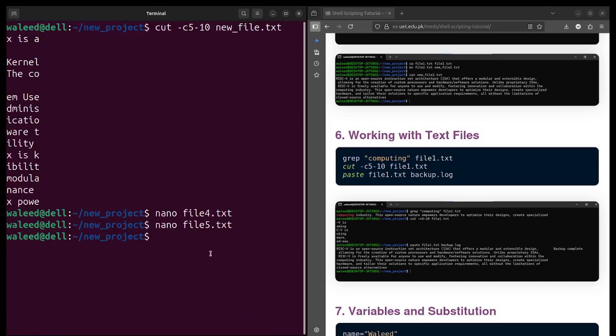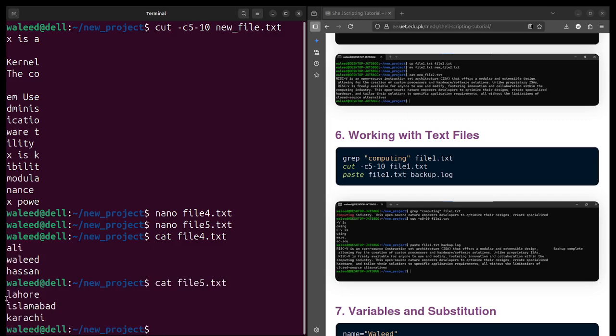Now if I see both of the files, file4.txt and file5.txt, I want to write Lahore in front of Ali, Islamabad in front of Walid, Karachi in front of Hassan. So I will use the paste command.